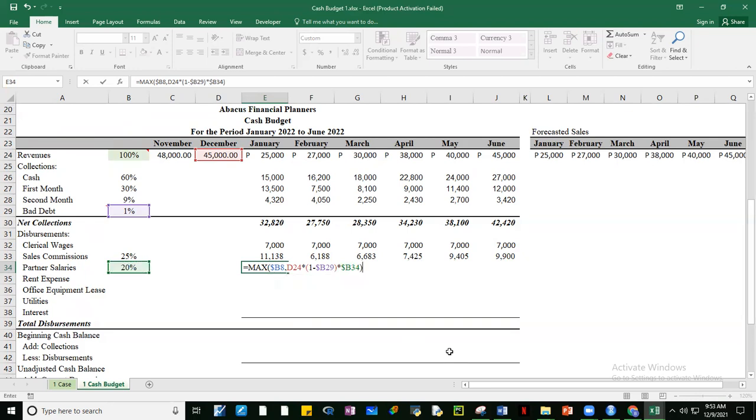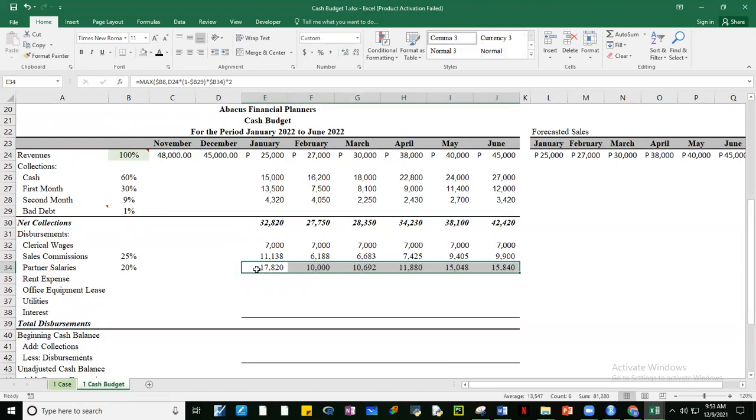So maximum ng either yung 5,000 or yung commission based on 20% of the net sales. And then since dalawa sila, guys, times 2. Dalawa yung partners, di ba? So there should be a times 2, control enter. Okay, let me just copy this formula to the right. Okay.